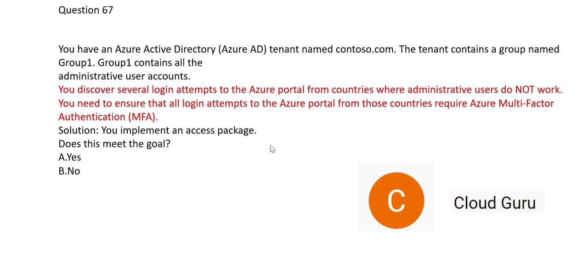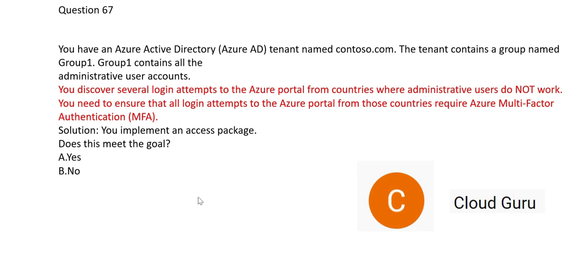So in order to solve this problem, the solution that the question has given is access package. Now, what is access package? Suppose someone new gets onboarded to a company, and there must be 3 systems they need access to and 4 data sources they need access to. So every time, instead of giving access to each one of them, they can create an access package so that they know that if someone is joining the data warehouse team, they will need access to these applications. So as a package, the access would be provided.